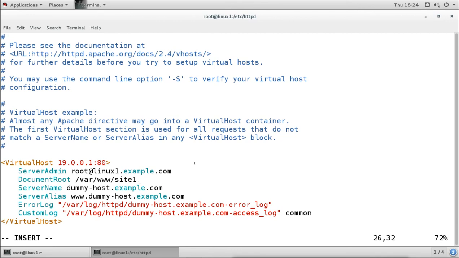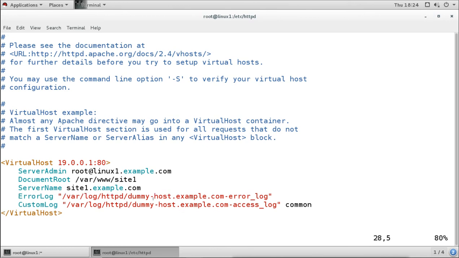Now the server name is important here because I am going to use the same IP address, so the server name will be important. This site will be accessed by this name, and also we can create server alias, another name for our server. Now I don't need server alias, so I will remove this. I need only server name here. So this site is going to be accessed by this name, and now we have to make sure that name should be resolved by the DNS also.